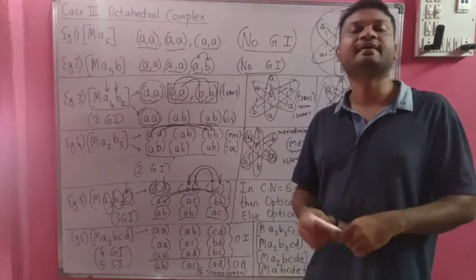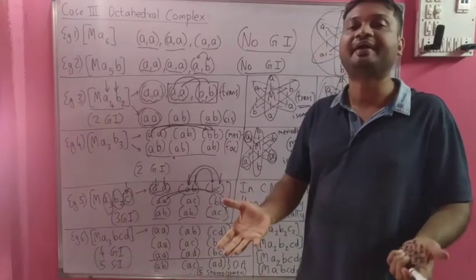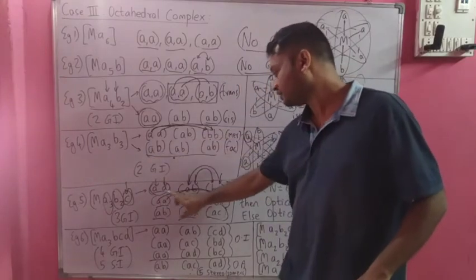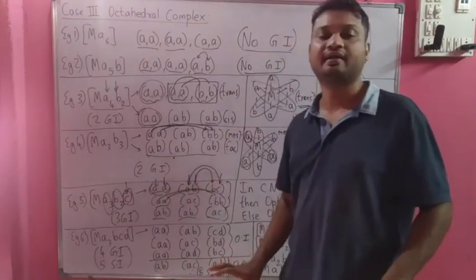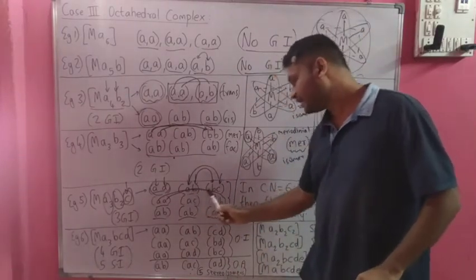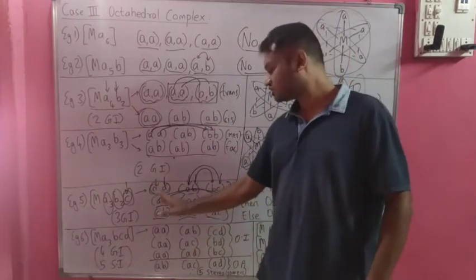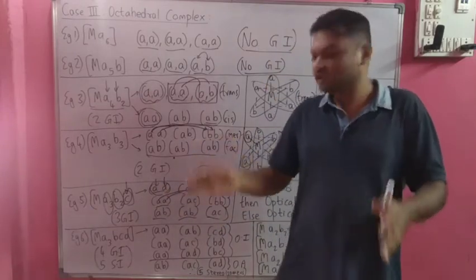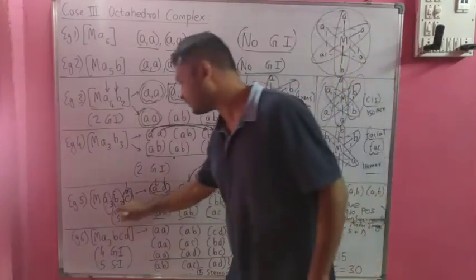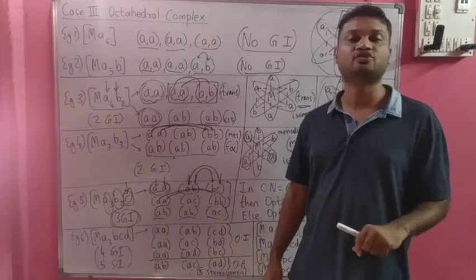If you try to do any other set, it will again belong to either the first one, second one or third one. You can try it at home. If you try more combinations like combining this with this, AA, AB, it will lead to the same thing again. If we try to combine one more set, A and B, B and C, it will again lead to the same thing, AB, BC. So any other combination from either of the sets will lead to the same three structures. So in this case, we have only three geometrical isomers which are possible. So in case of MA3B2C, we have three isomers.